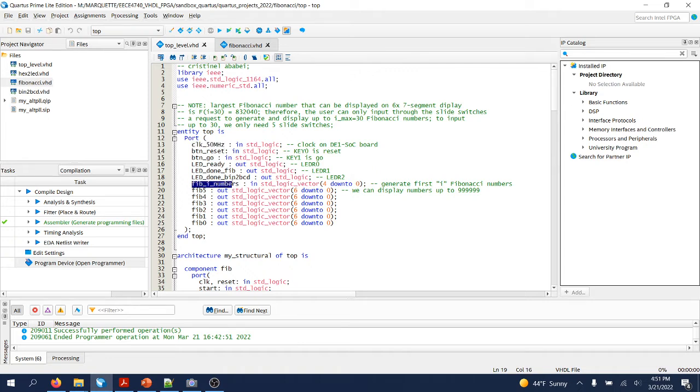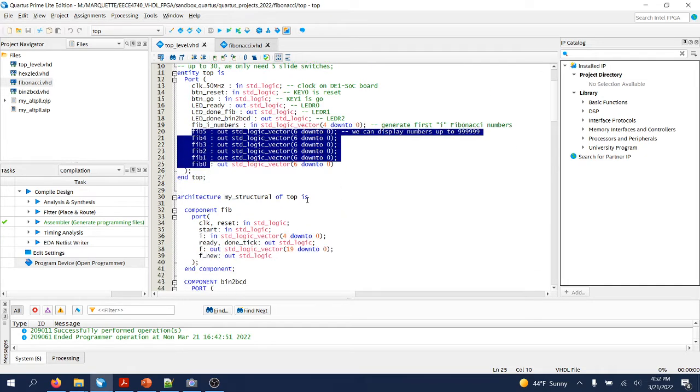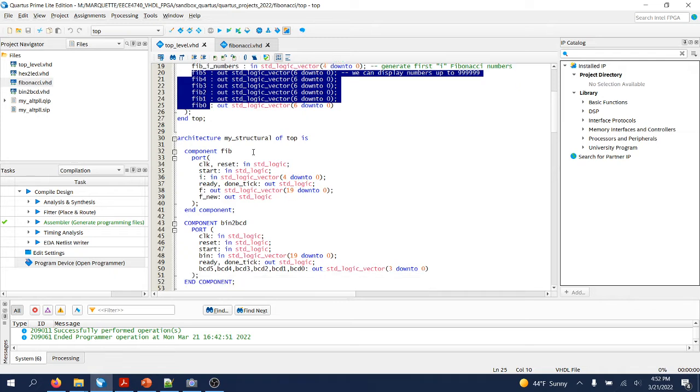Then there are the inputs for how many Fibonacci numbers we want the Fibonacci circuit to generate, and then the outputs that will drive the 7-segment displays. There's a structural description that will instantiate a couple of components, as I showed you in that diagram, including the Fibonacci